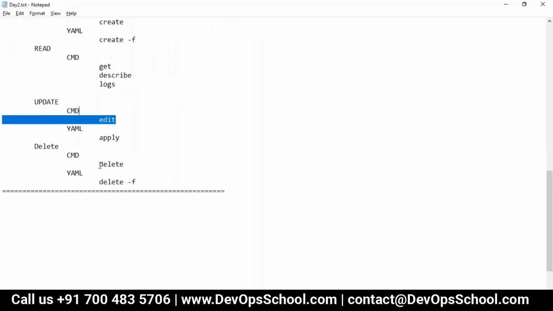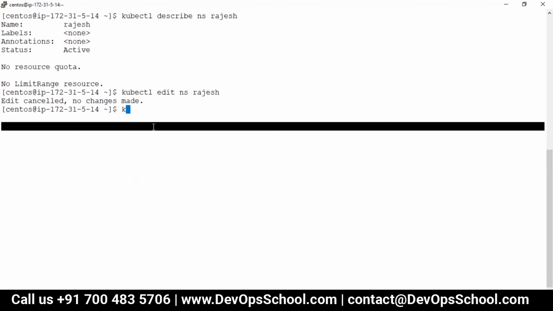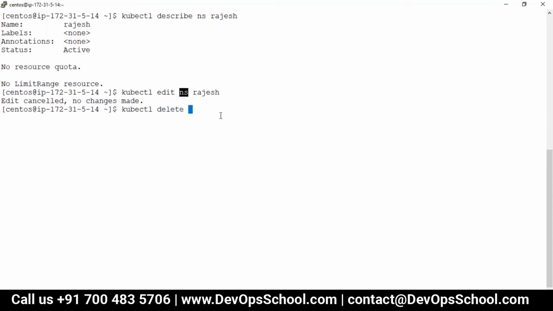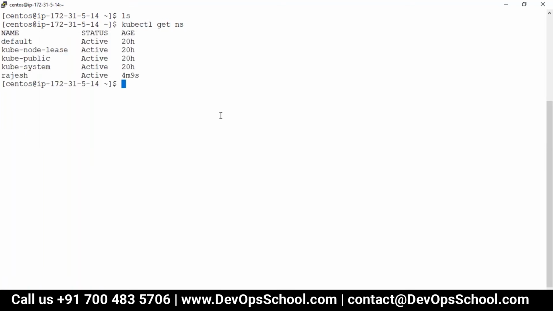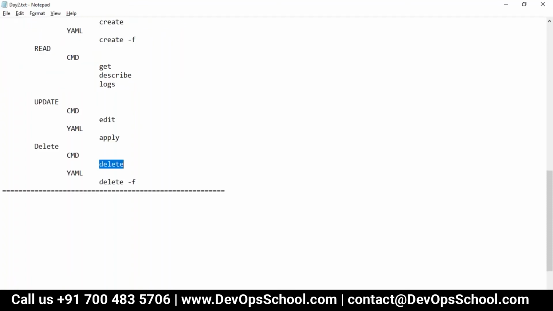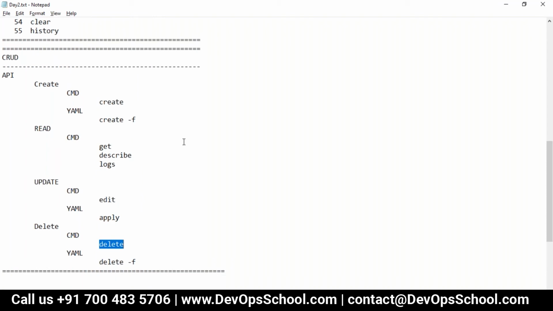But finally I want to delete through the command line, and see here, kubectl delete what? ns, and I want to delete dev and QA. And guys, I deleted dev and QA. Okay, so this is the way I have to work with the command line. And you see here, kubectl get ns, Rajesh is there. I need it because all of my resources will go to Rajesh. Did you understand by now how we can use CRUD operations, and this pattern for every resource whatever we have? Are we clear on this?